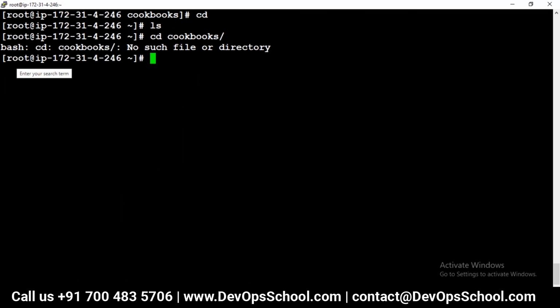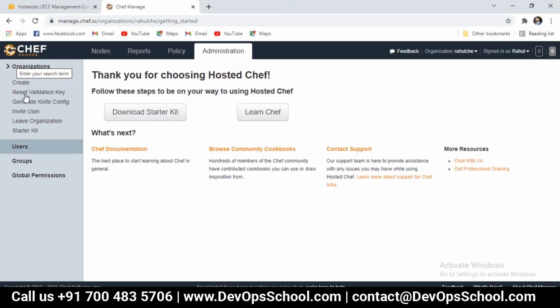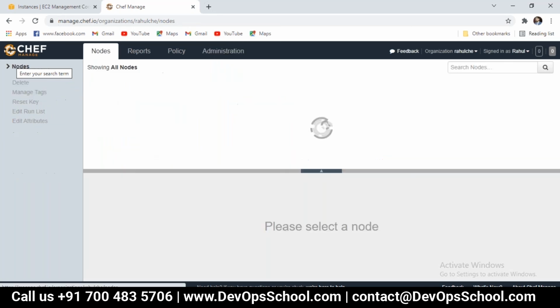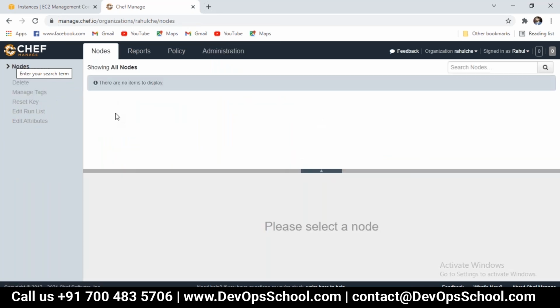We will connect the nodes here, and here not showing any nodes till now. But when we connect, we will see the nodes here. That part we will do in tomorrow's class. So first try to create your account and download the WinSCP software. Yeah, I will.